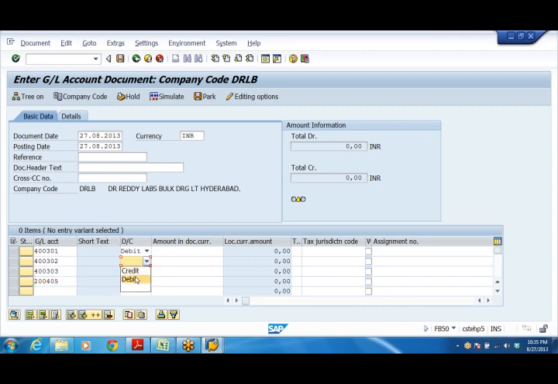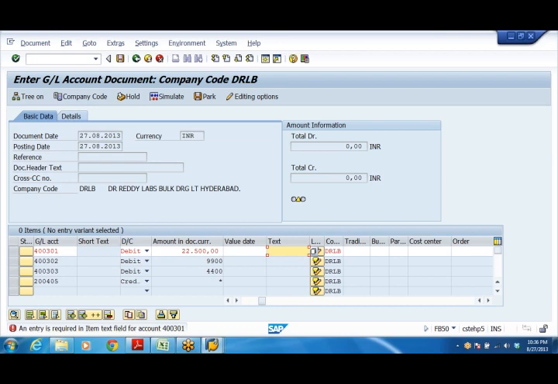These are all debit, debit, debit. This is credit. Amounts 22,500, 9,900, 4,400, and here star. Then it will ask for text. Say expenses paid, Control C. Business area, say DRHY. So everywhere we have to enter it.